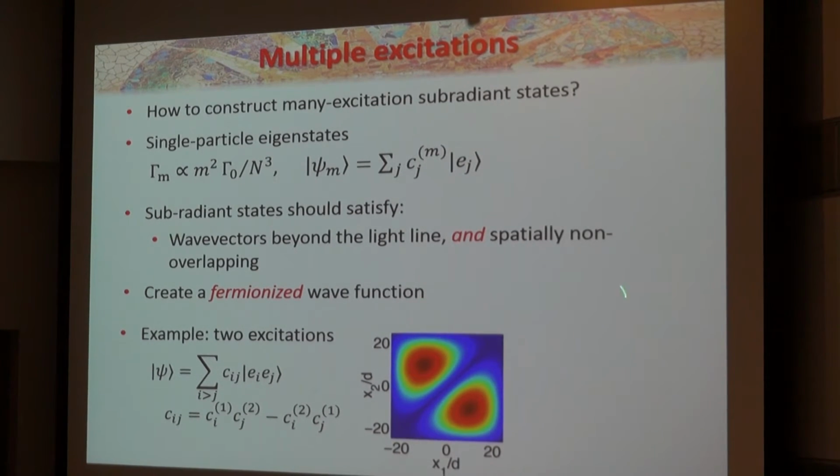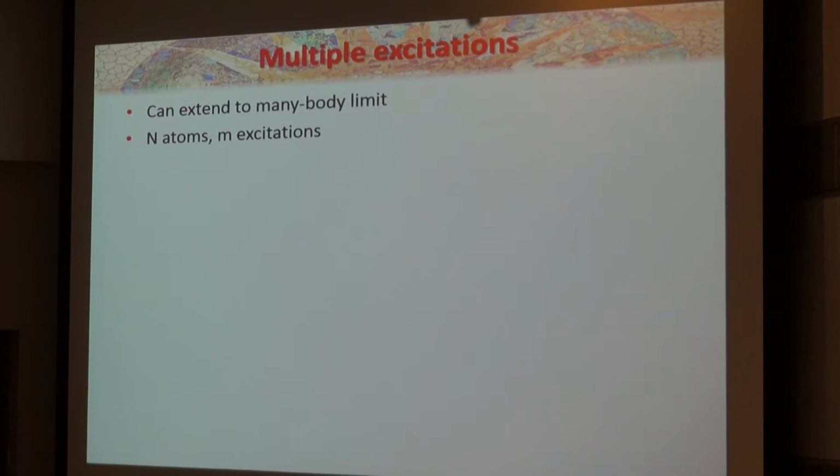You indeed see that you have this kind of 0 down the middle, but it's a kind of smooth 0. It's not a sharp cut in the wave function. And then when you calculate the decay rate of the state, you again see that it's just going to be the sum of the single particle decay rates. And so you preserve this kind of 1 over n cubed scaling. So it is possible to have several excitations and have them be subradiant. They just can't touch each other.